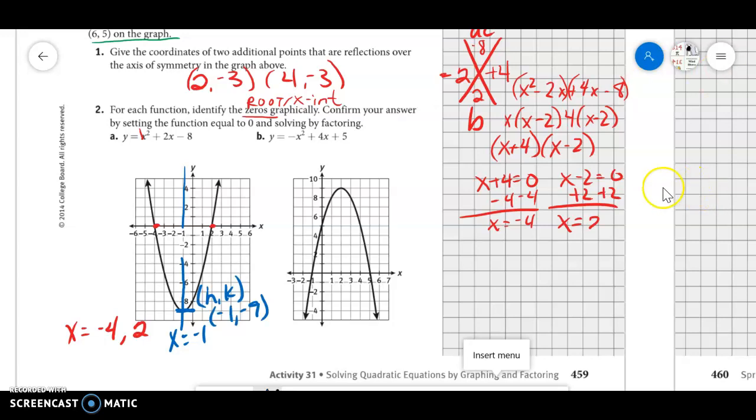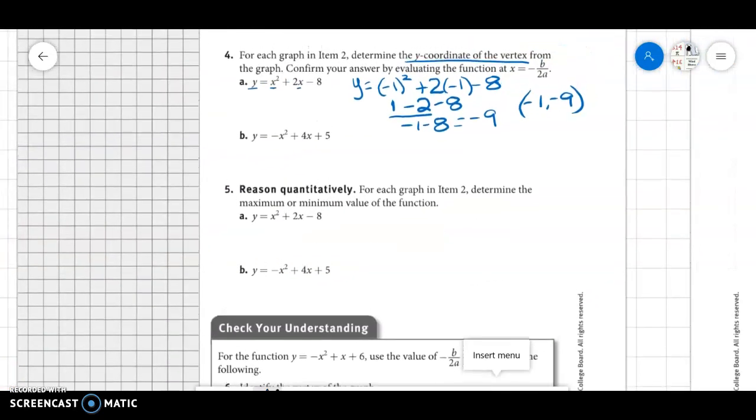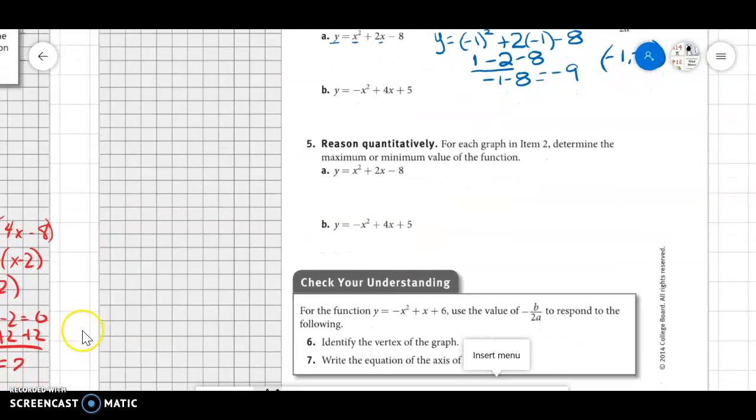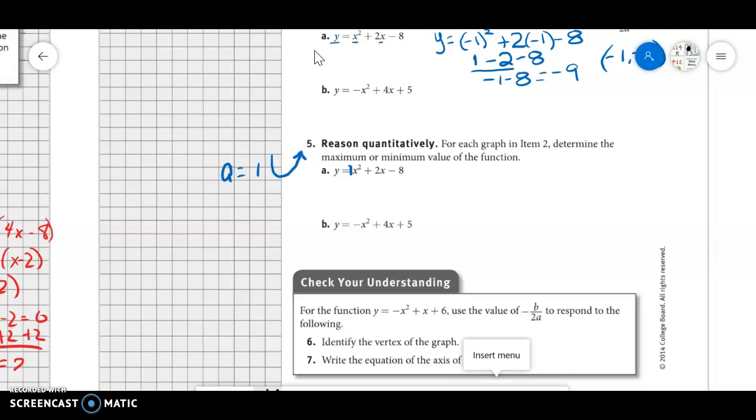Okay. And again, if you want to do letter B to have some extra practice, feel free to do that. For each graph in number 2, determine the max or the minimum value of the function. So we need to think about this. When we look at this, A is 1, so this means that the graph is going to open up. So if A is positive, make a little note. When A is greater than 0, when A is positive,